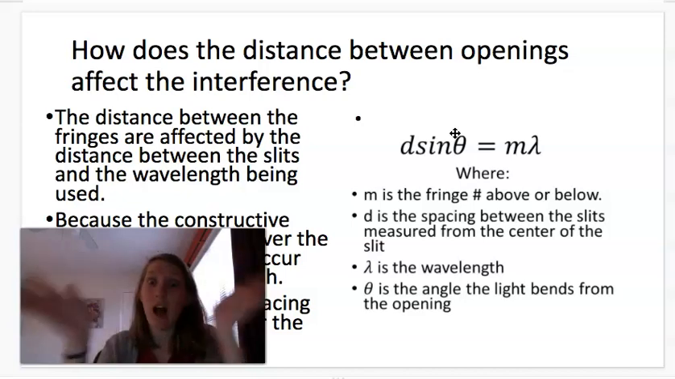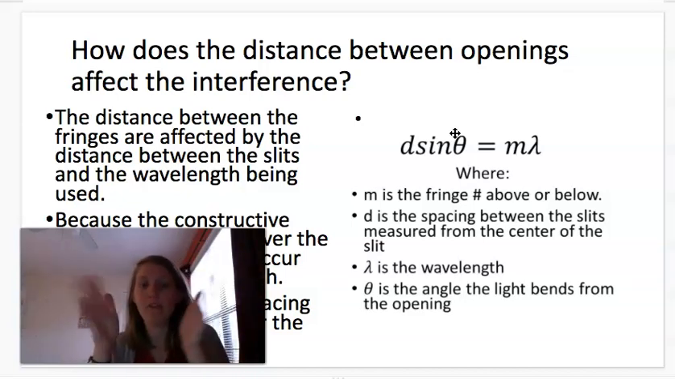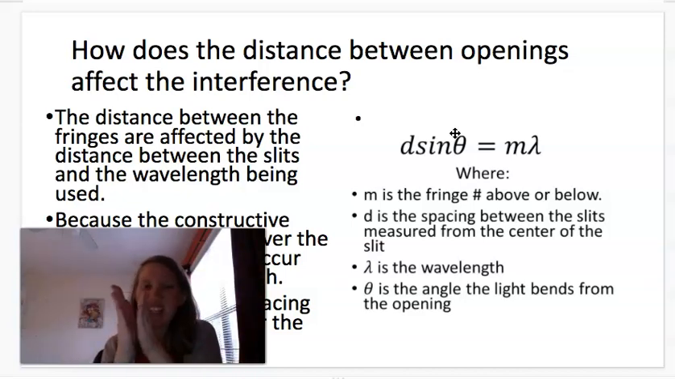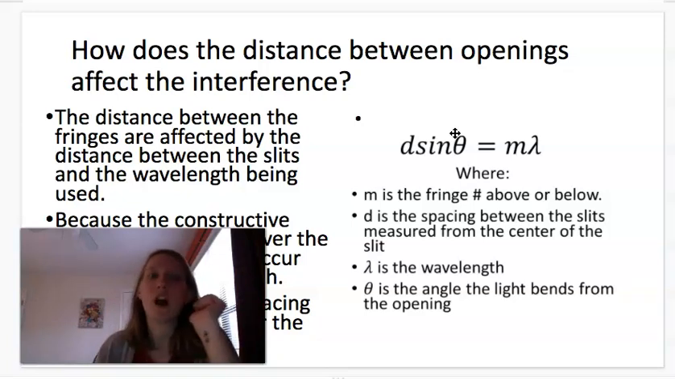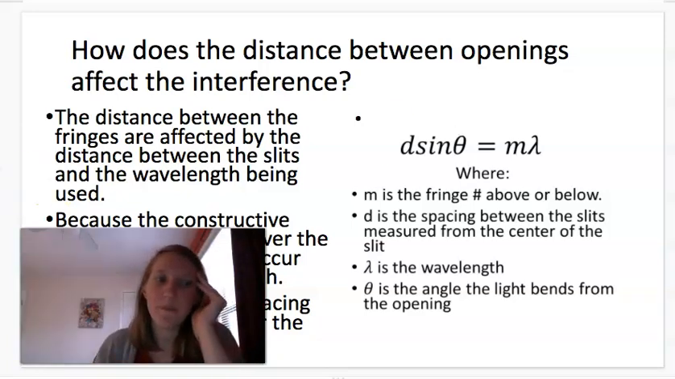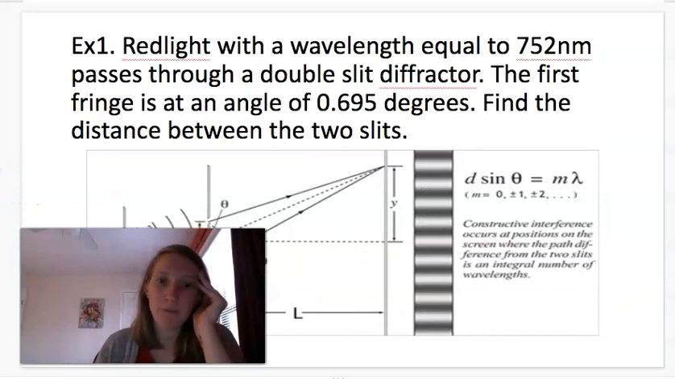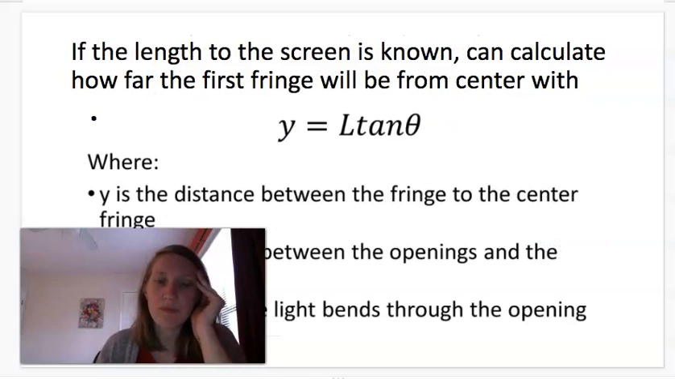If it's bending a lot, you're going to get a really spread out pattern. If it's not bending a lot, if it's teeny tiny, just bending a little bit, then you're going to get a very close diffraction pattern. Okay, we went over these in class. I will post the work to these though, if you're curious as to how to solve these and the answer as well. And then the second formula you need to know is this one, y is equal to L tan